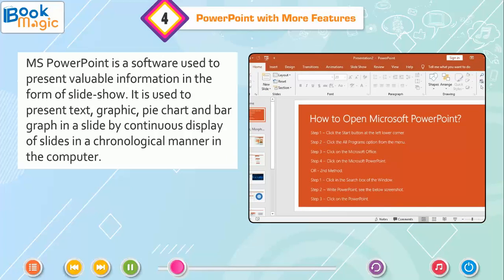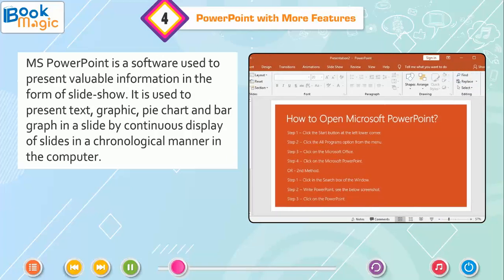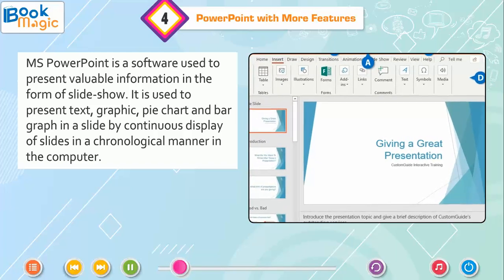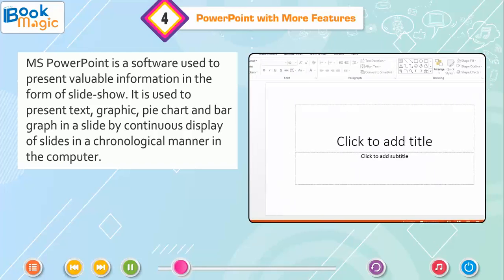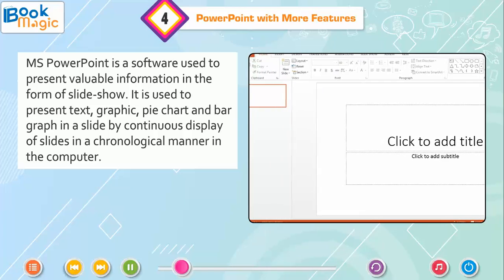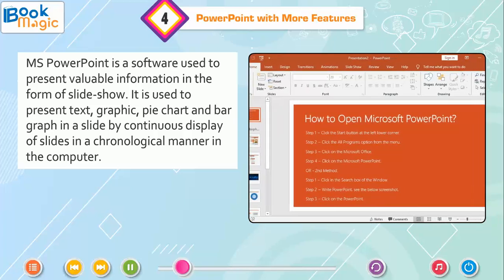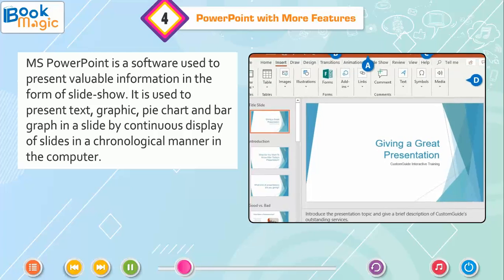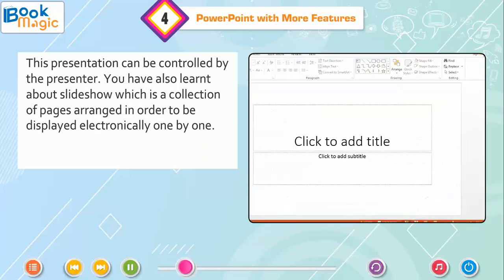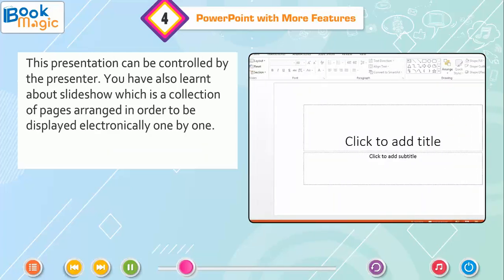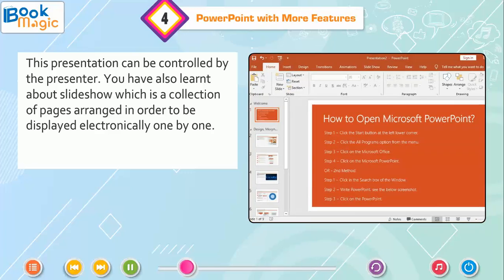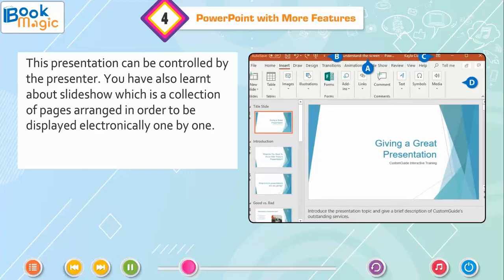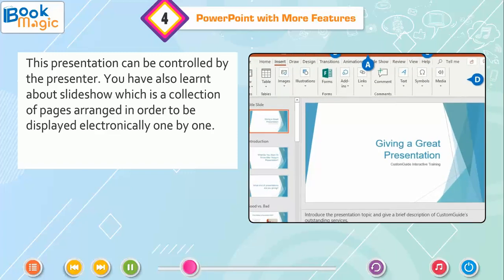MS PowerPoint is a software used to present valuable information in the form of slideshow. It is used to present text, graphic, pie chart, and bar graph in a slide by continuous display of slides in a chronological manner in the computer. This presentation can be controlled by the presenter. You have also learned about slideshow, which is a collection of pages arranged in order to be displayed electronically one